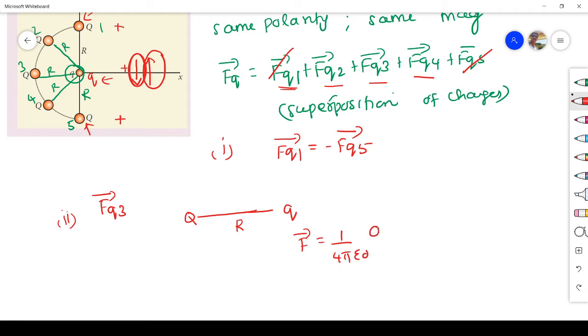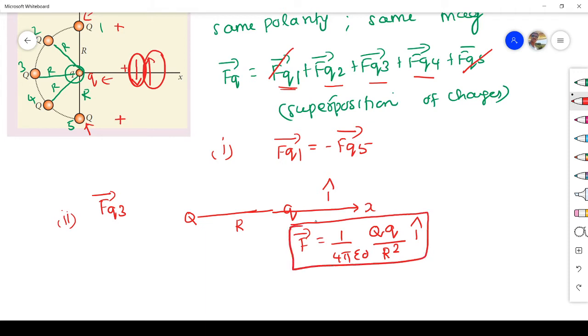Multiplication of two charges, one is capital Q and another one is small q. What is the distance? Distance squared, r squared. What is the unit vector? You see, these are all lying along the x direction. What is the unit vector along the x direction? It is i. So I put i cap. So instead of r cap we substitute i cap. So this is